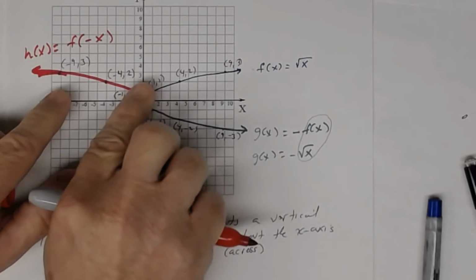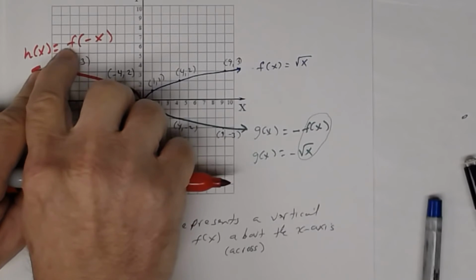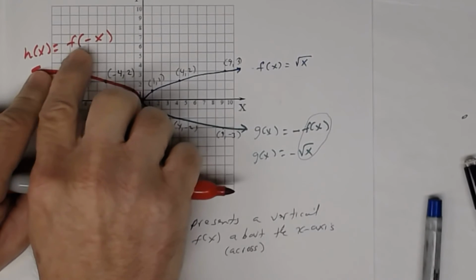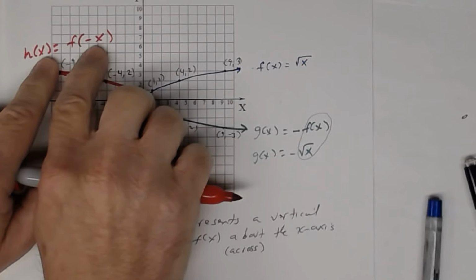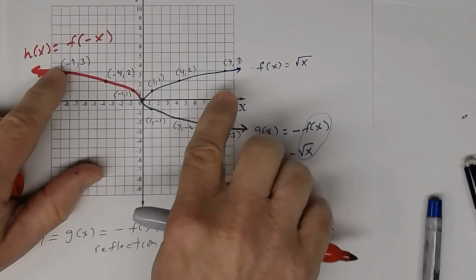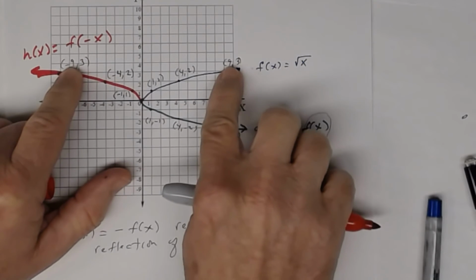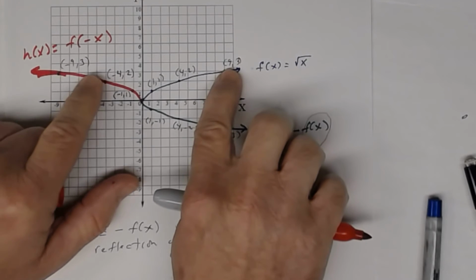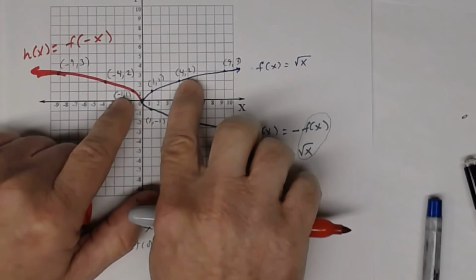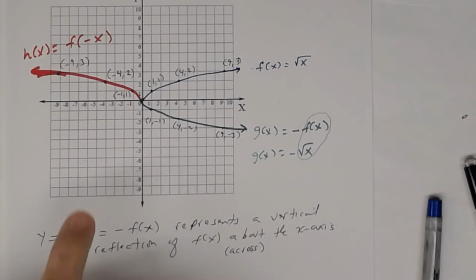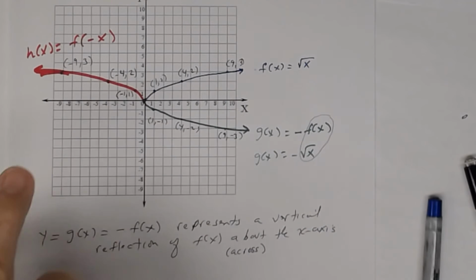So the y-coordinates stay the same. So that's why you don't see a negative out here. But what changed? The x-coordinates. X, negative x. See this here? Negative 9, positive 9. Negative 4, positive 4. Negative 1, positive 1. So whenever you see f of negative x, that's a horizontal reflection about the